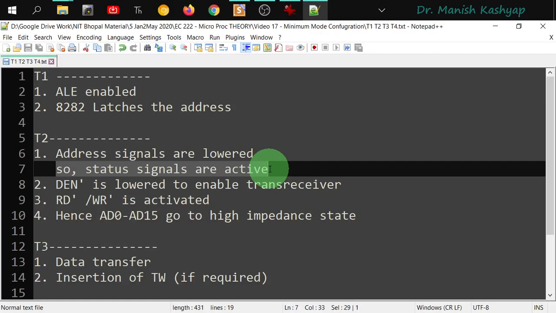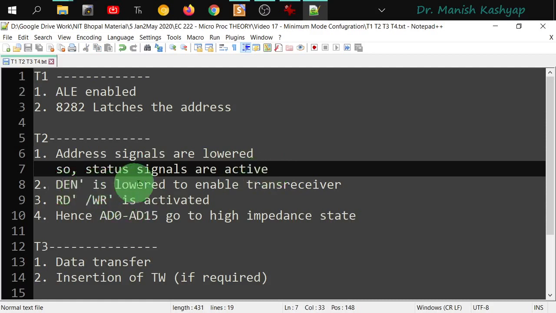So that data bus will become activated, and the remaining signals of the address lines will be representing the status, right? So S3, S4, S5, S6 are the remaining signals. They will be telling you the status. S3, S4 will tell you which segment is to be accessed, code segment, data segment, etc., inside the externally interfaced memory. Similarly, S4 and S5 have their own meanings in the context of interrupts and acknowledging them, right?